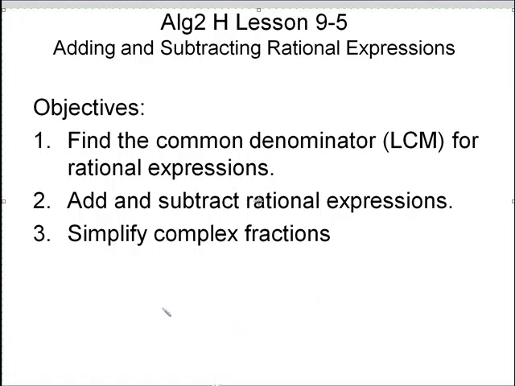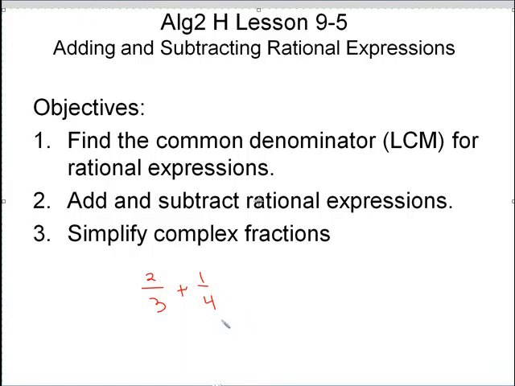All right. Now let's recall when you first learned about fractions. Let's see if we have something like 2 over 3 plus 1 over 4. In order to add or subtract fractions, you need to get a common denominator. So basically you're going to be doing the same thing, but with rational expressions. So you have to look to find the common denominator before you add or subtract the